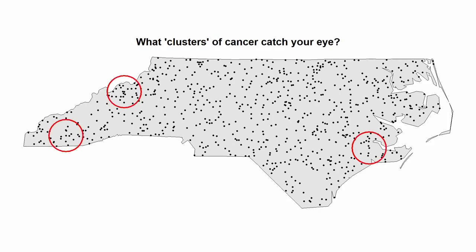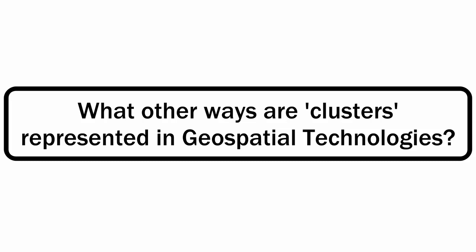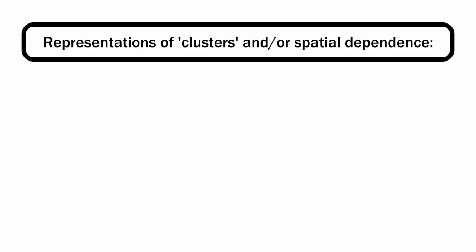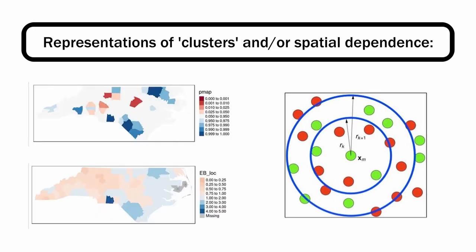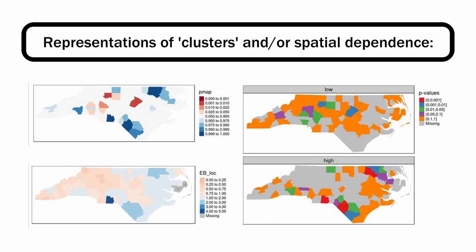Perhaps you imagine clusters as covering a large area, so you found the red circles. Or instead, you think of clusters occurring in small, local areas, as shown with the blue circles. What if you imagine clusters in forms other than circles? Geospatial professionals routinely use other algorithms like hotspot analysis, various K functions, Moran's I analysis, and even more.